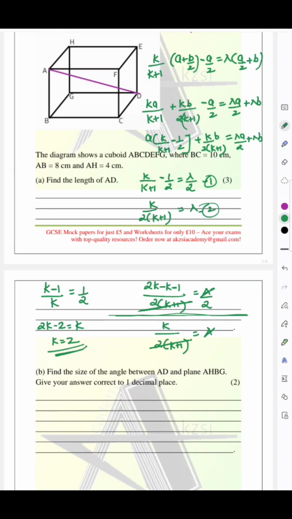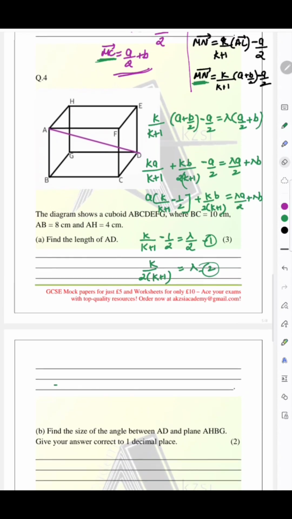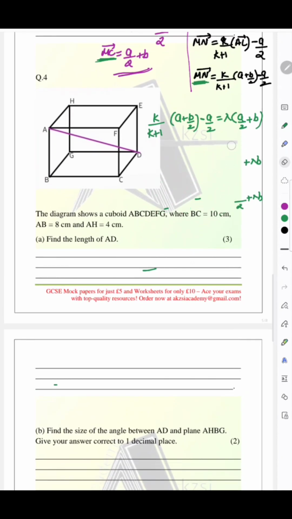And I thought that by dividing it would be easier for me to get the answer, so that we can entirely eliminate lambda and get the answer. So it's totally on you how you want to solve it. Then moving on to our last question, question number 4, which is a question of 3D